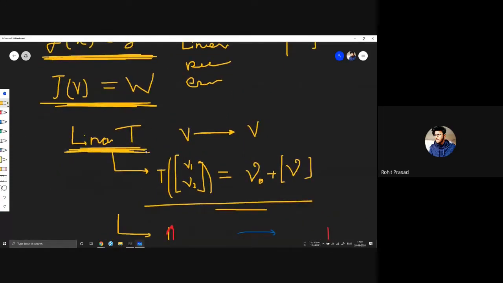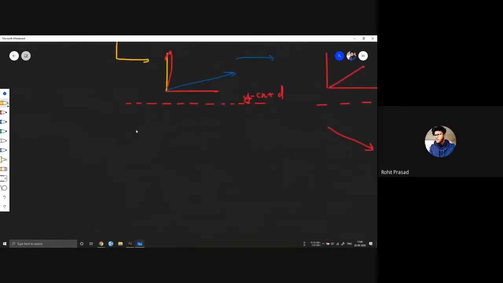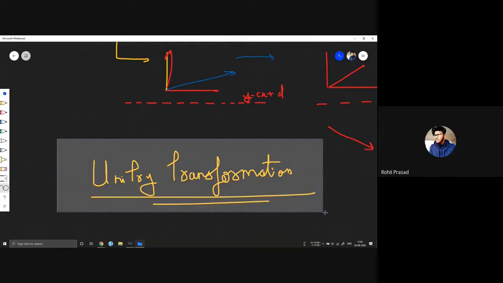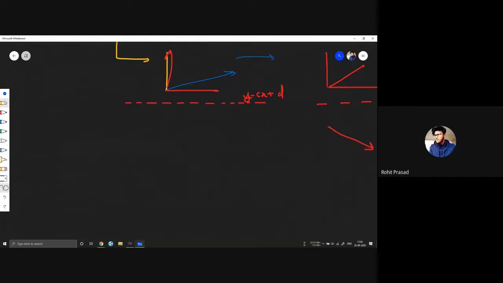You will learn about this in your linear algebra class in 4th semester, I guess. But for quantum mechanics, we only use, in quantum computation, we only use unitary matrices, unitary transformations. Okay, just before unitary transformation, I need to tell you something. Okay, let's see the example of that one.